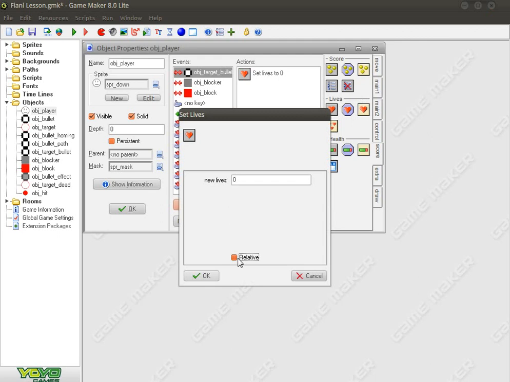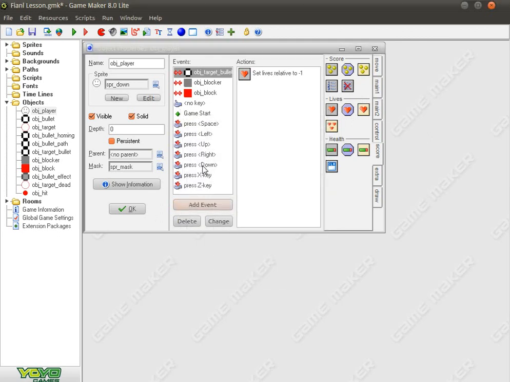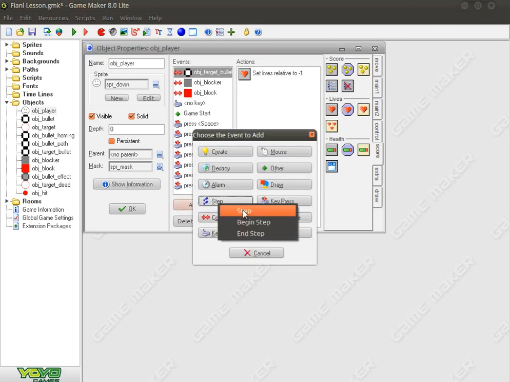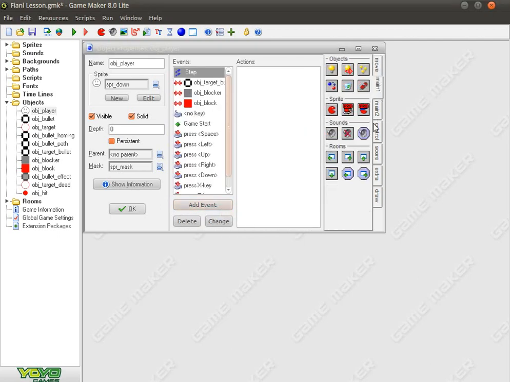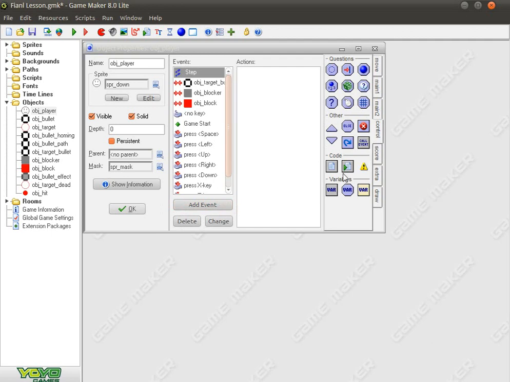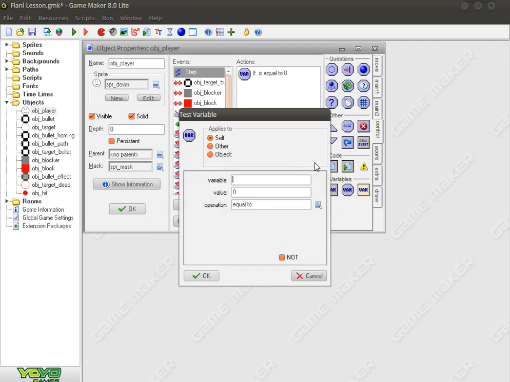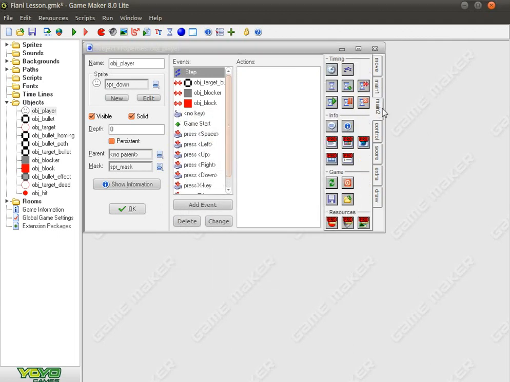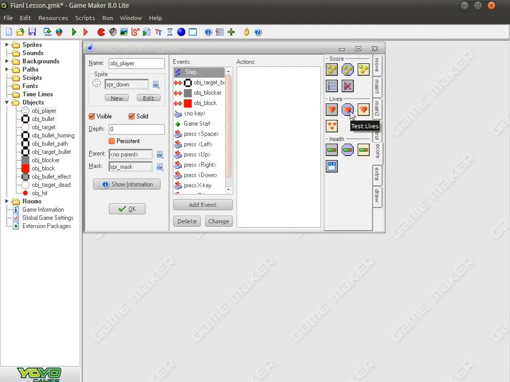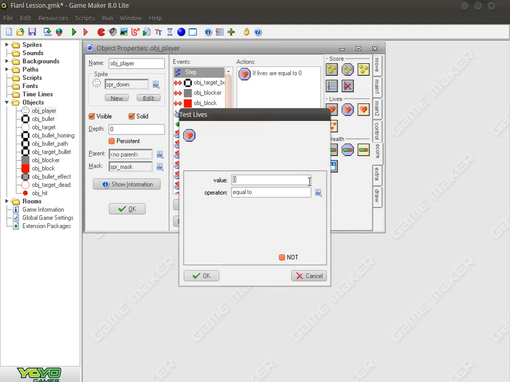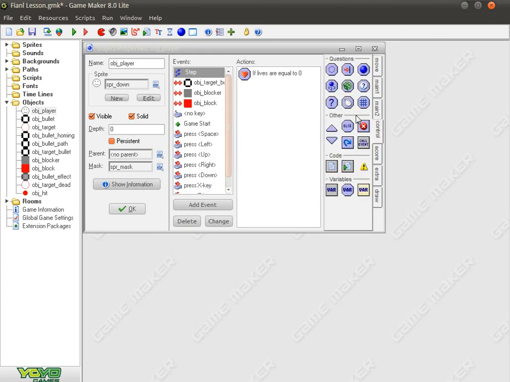Add event, collision with the target bullet. Let's say your health will be minus 1. Then add the step event, control variables, if variable. Oh, I'm sorry, not this one. We're going to use the score. So if lives is equal to 0,